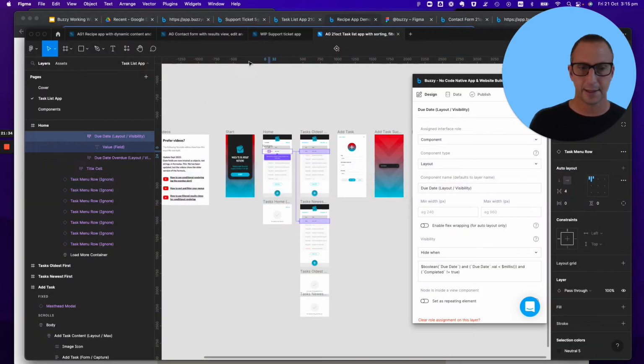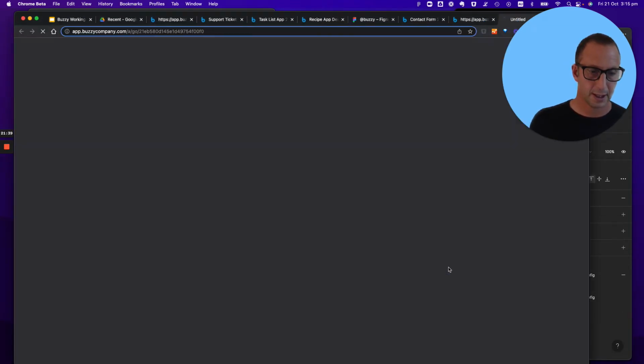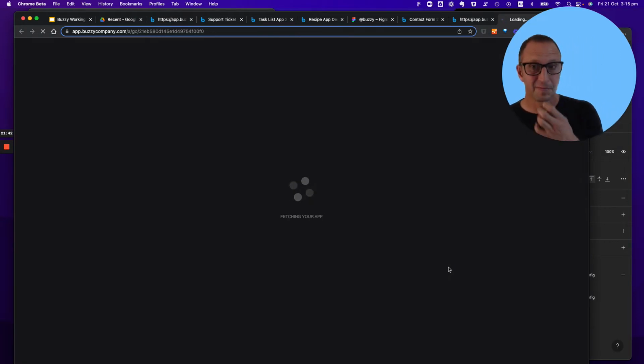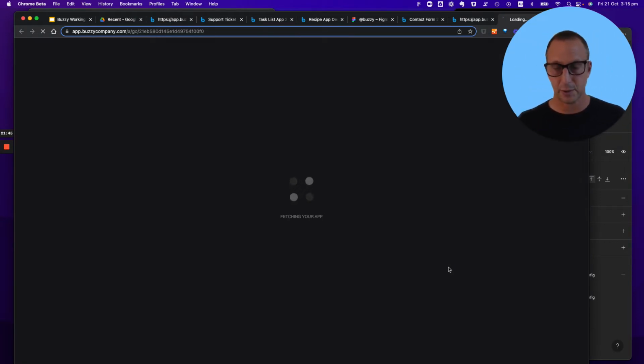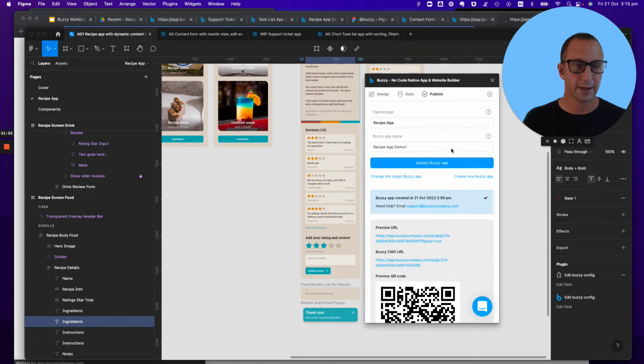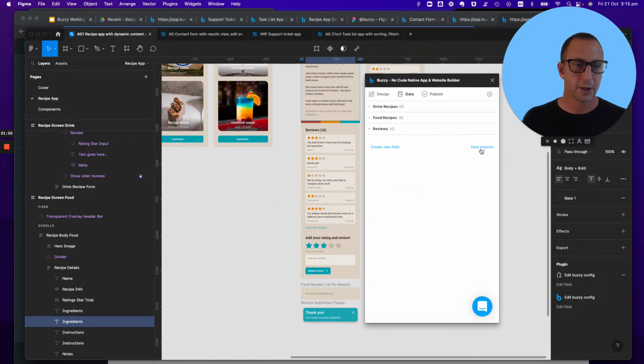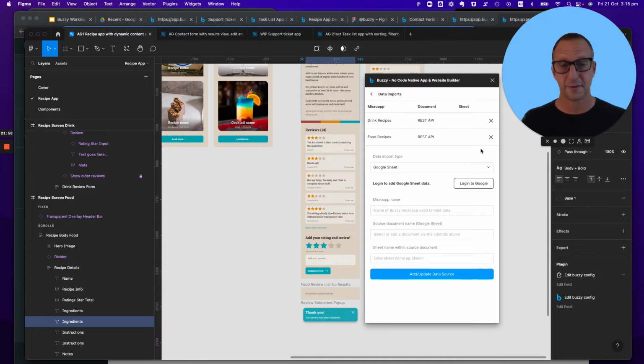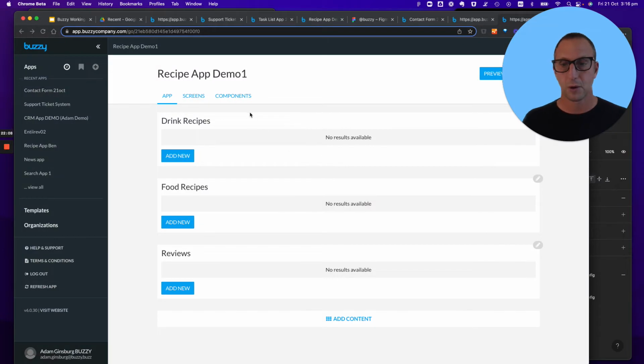If we wanted to look at, let's go to the recipe app. Let's have a look at the content management system that's happening behind the scene. We're going to have a look at what data is in the system. Now, by the way, one of the things that you can do with your data is that if you want to get feeds from external sources, you can actually do things like import from a CSV file, a Google Sheet, a REST API, and so on. So these are actually REST APIs that are configured to external sources, and that's how all the recipe data